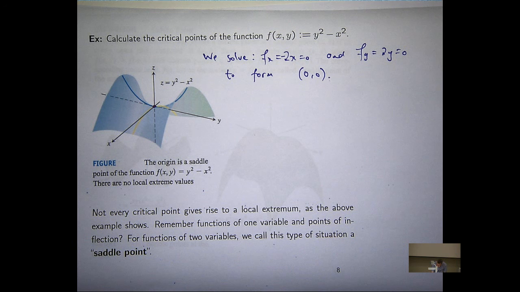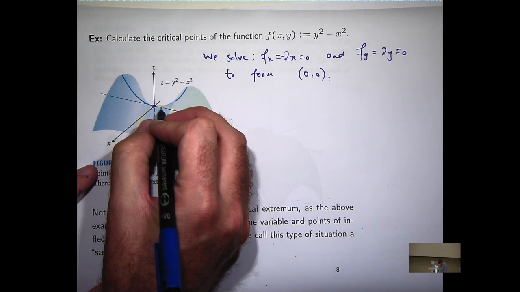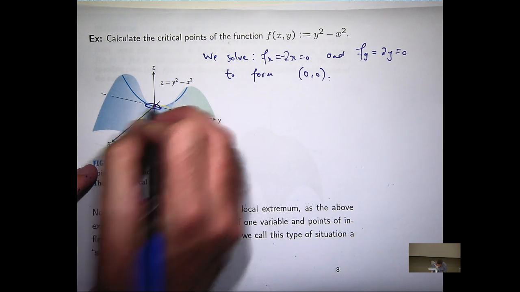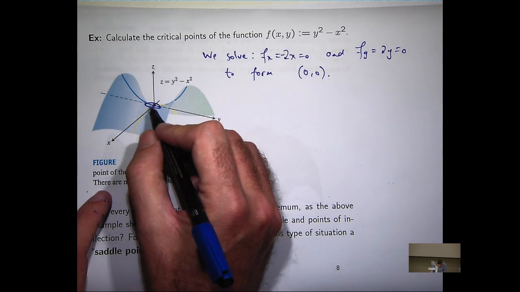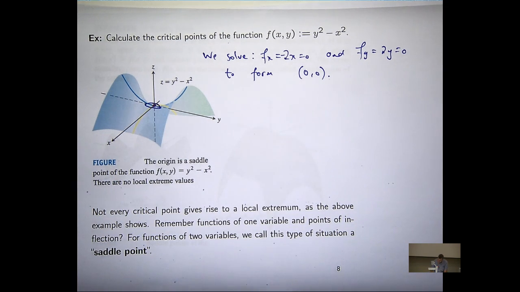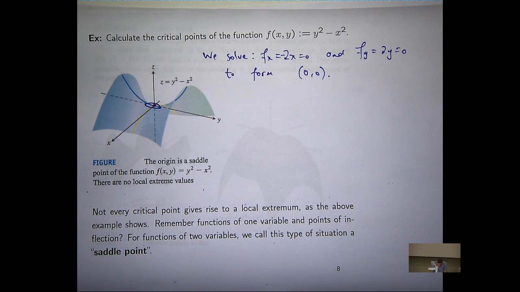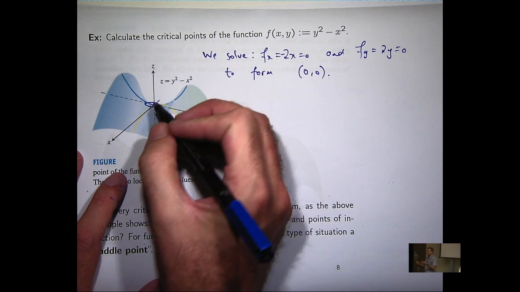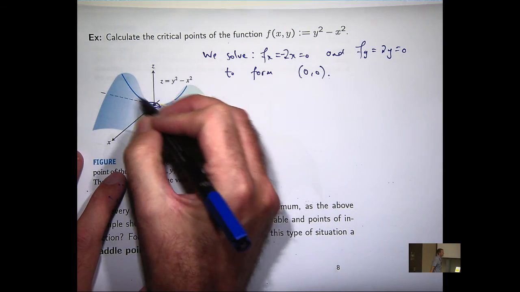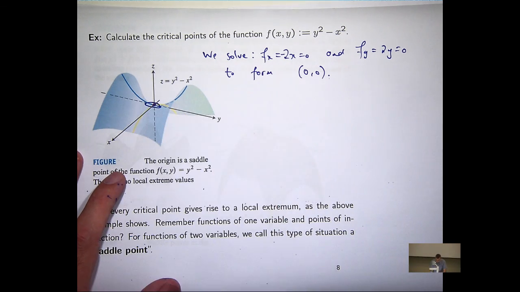Now you're talking. Okay. Well, if I draw any little disk in the xy plane, I've got points in that disk where the function's always positive and the function's always negative. If I approach, exactly as you said, if I'm on this sort of light blue parabola, as long as I'm not at the origin,